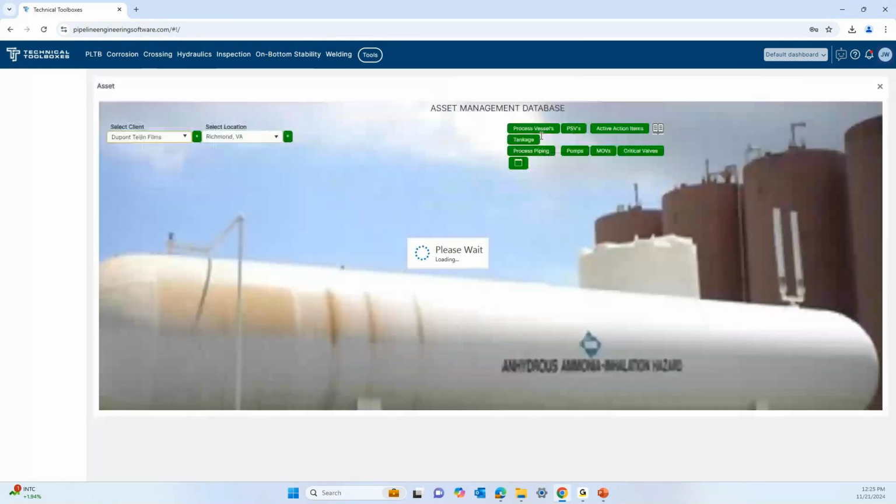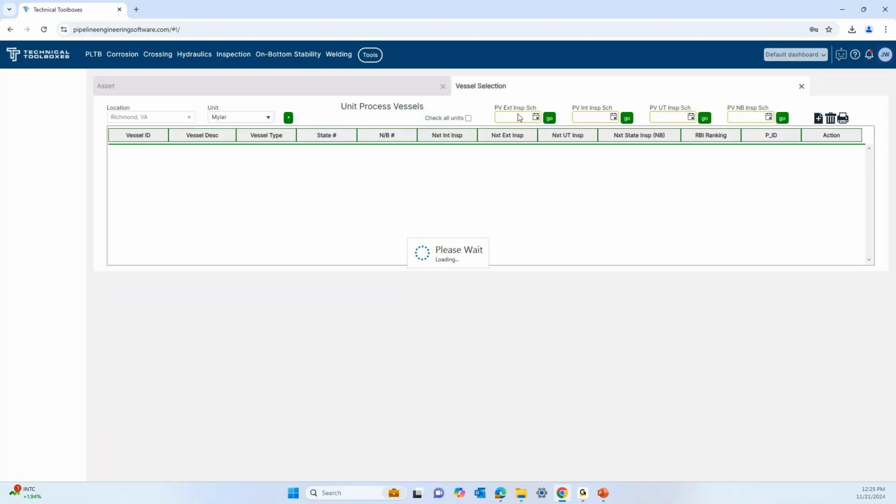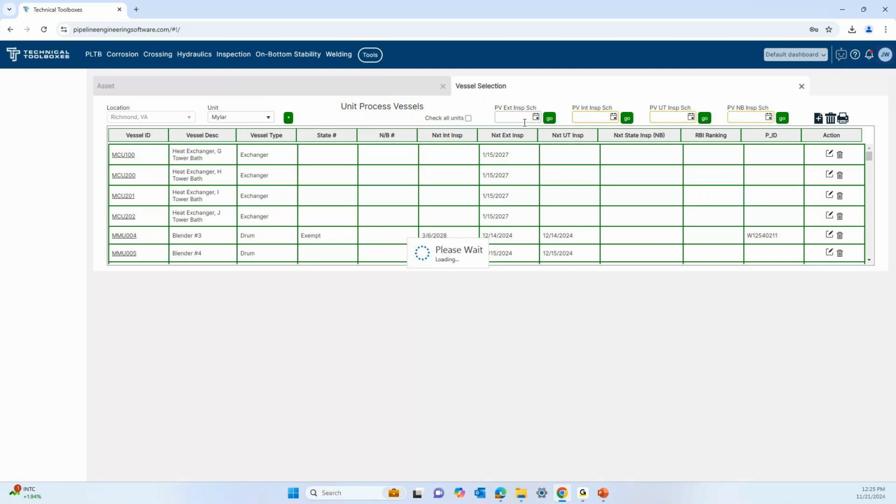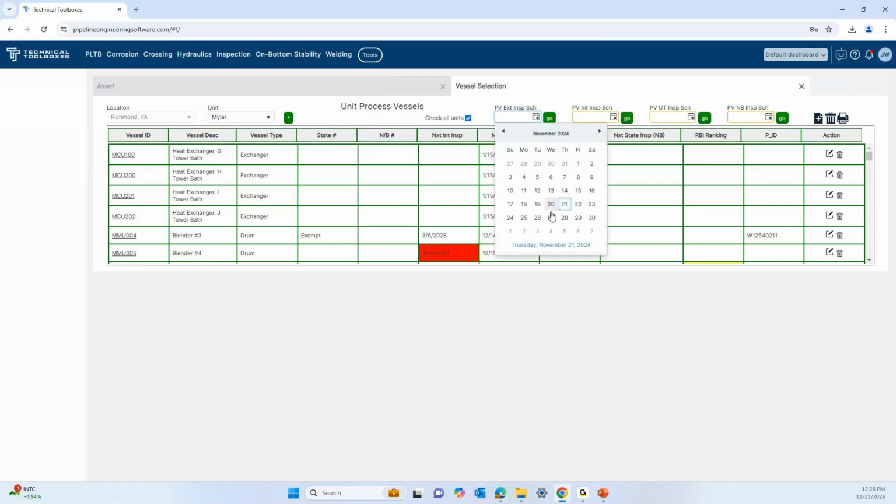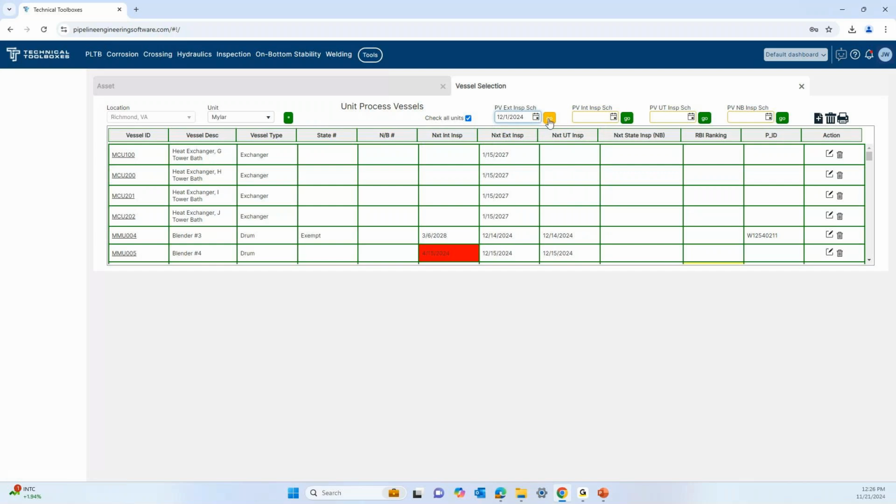Now, if you want to query, let's say you want to query for the next month of anything coming up for inspections, you come in here and you can either do it through external, internal, UT, and National Board. And this will only do whatever unit you have there unless you click this button. You click this button and it will do, we only have one unit here, but if you had 5 different units, it will include all 5 units. So you just put in what's going on for the next month, you hit go, and